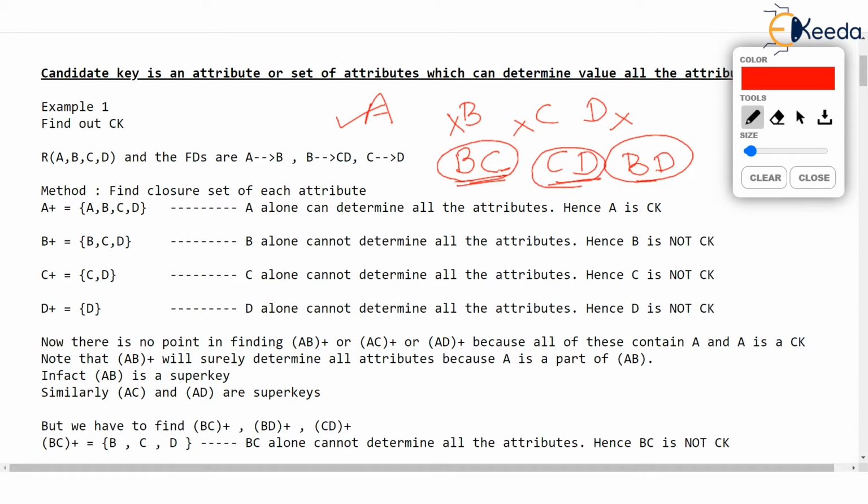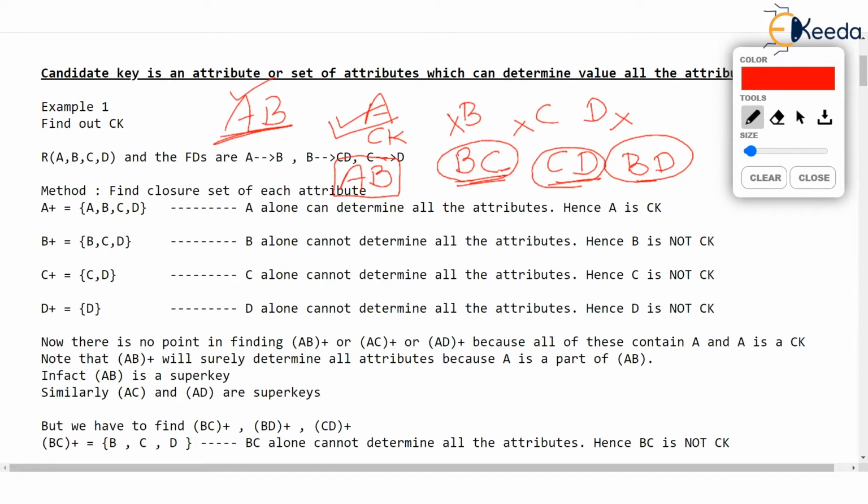Now listen very carefully. A is the candidate key. You know A is CK. Then there is no point in finding AB. Please try to understand. There is no point in using this combination because this is a super key. That's why I explained what is candidate key and super key early in this lecture. Come on, if A is candidate key, then what's the sense in asking is AB a candidate key? Because A alone can recognize everything.